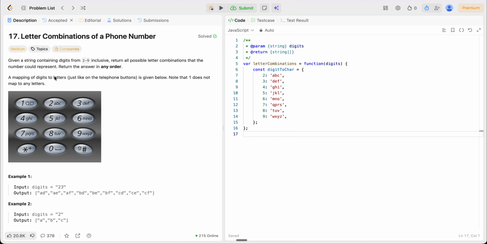A mapping of digits to letters, just like on the telephone buttons, is given below. Note that 1 does not map to any letters. So basically we just have to vary from the numbers 2 to 9. 1, star, 0 and hash we can ignore because they do not correspond to any letters. So now in this case we have 2 and 3. So 2 corresponds to ABC, 3 corresponds to